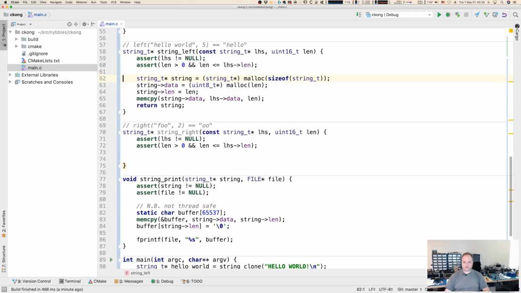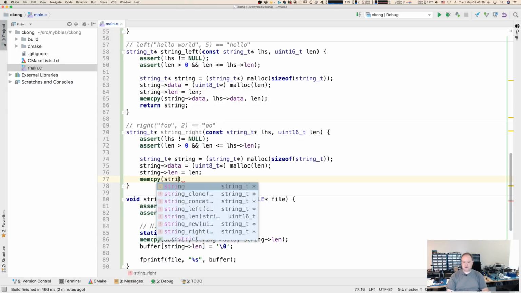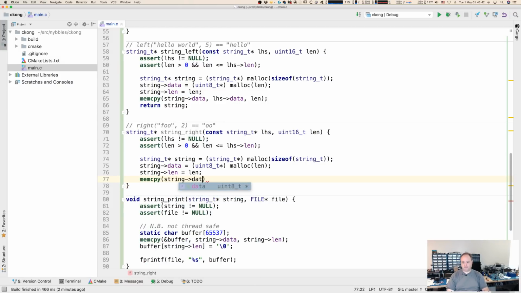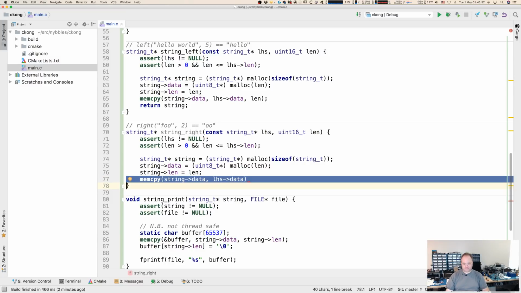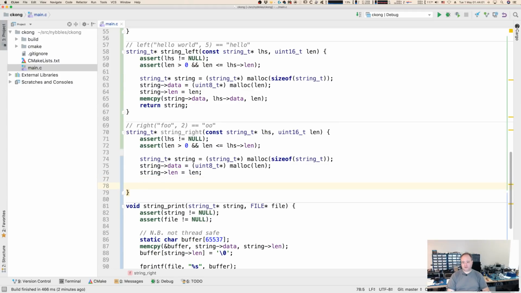We're going to allocate the new string. This is almost exactly the same as left. The only difference is how we index into the pointer. So the destination is the same, but the source is different. So this actually is an interesting one because we can't really do a memcpy because memcpy won't go backwards. So here we can actually do some fun stuff. uint8_t